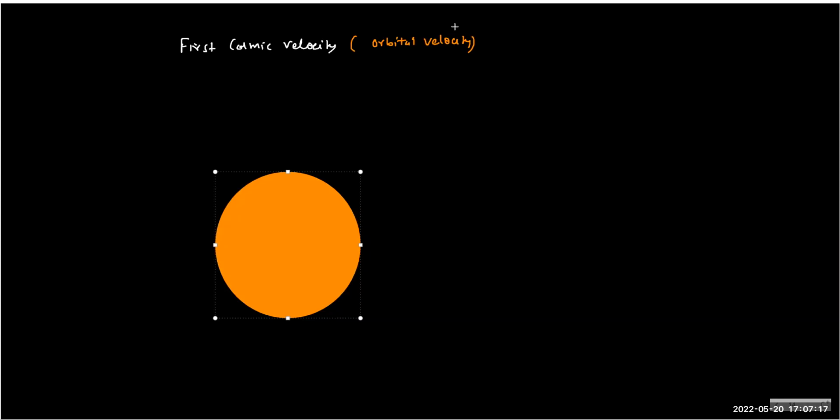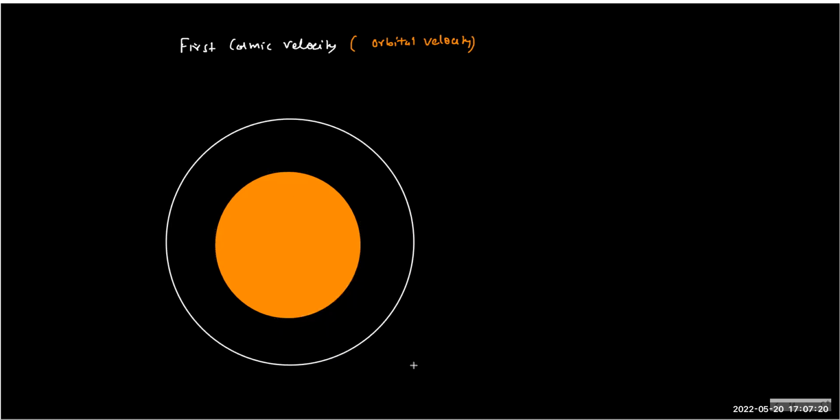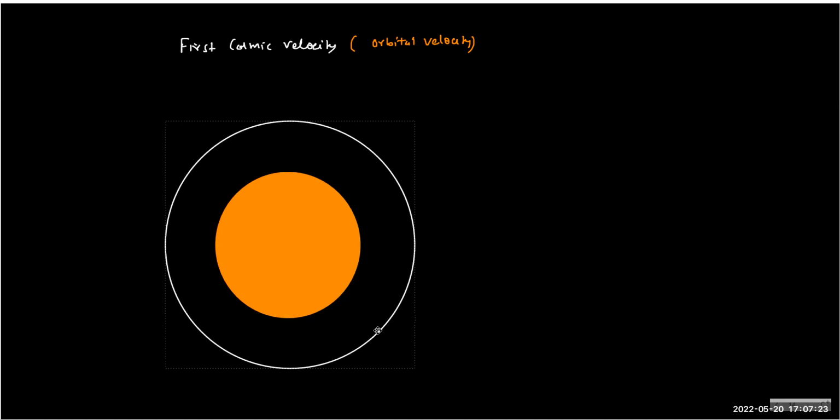This is fine. Now we draw an orbit around the given planet. Our planet is Earth mostly, so we'll study in the context of Earth, but of course you can generalize this formula for any other planet. It's only a formula. So the distance is r and the altitude is h, radius is Re. You need to be careful about the terminology used in this chapter, like altitude and distance. Distance means from center to center, and altitude means from surface to the object. Basically, altitude means height.